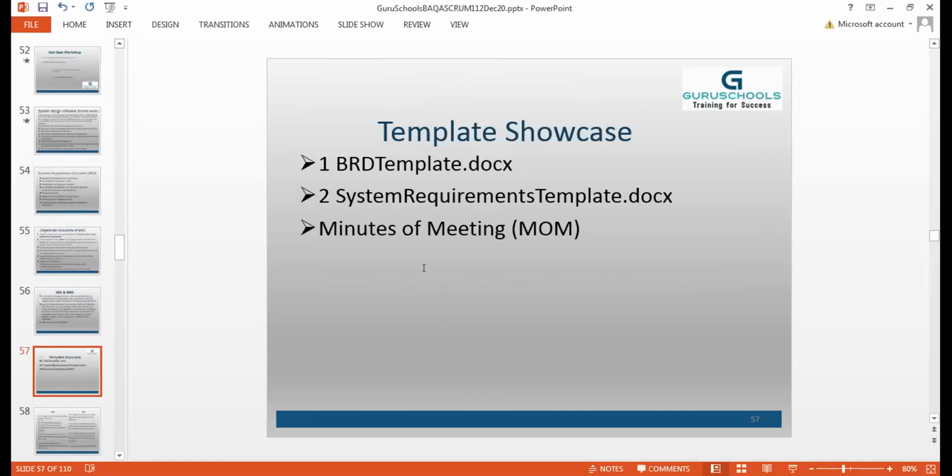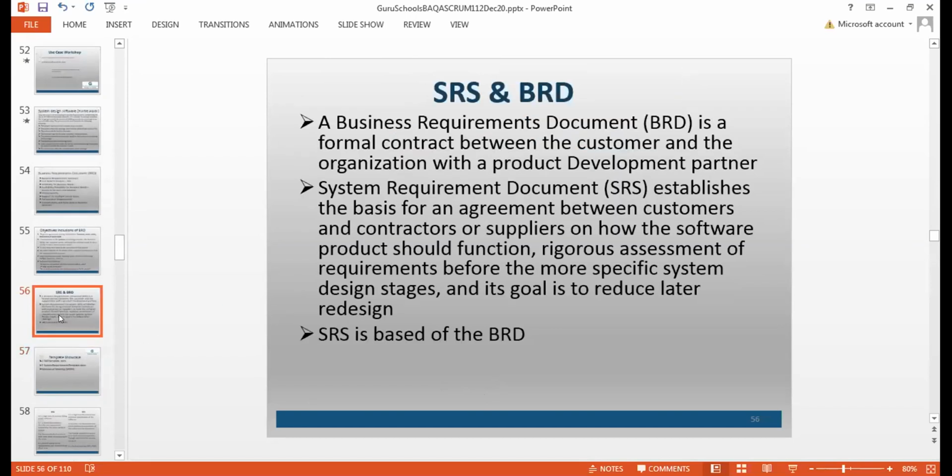Okay, I just have one thing. Yeah, please go ahead. Basically, BRD is based on SRD, and SRD is based on BRD. It's derived from BRD. So in short, they complement each other, right? No, ma'am. BRD is the original first step, the Business Requirement Document. Then SRD is derived from BRD, and it is based on BRD. That's right. But don't they complement each other?